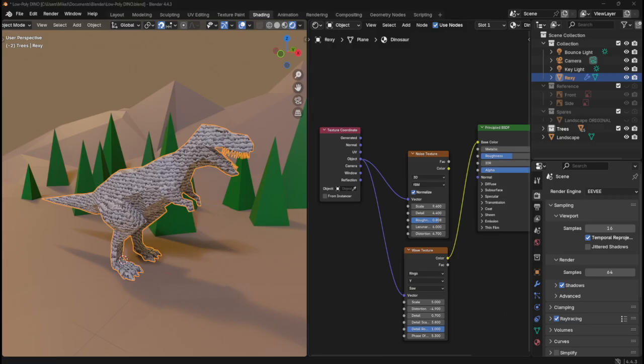He keeps using this Musgrave texture node, which I don't have in my version of Blender. He's using an older version of Blender. So